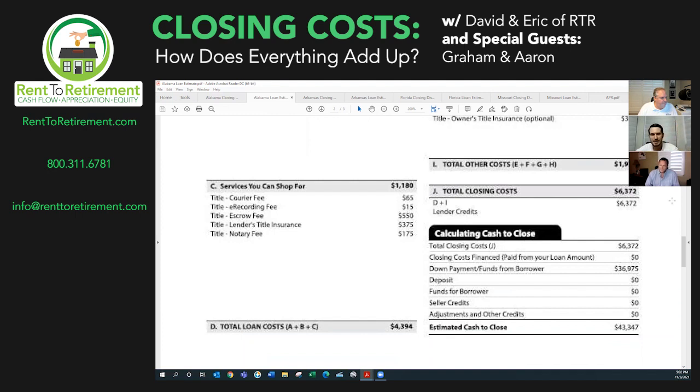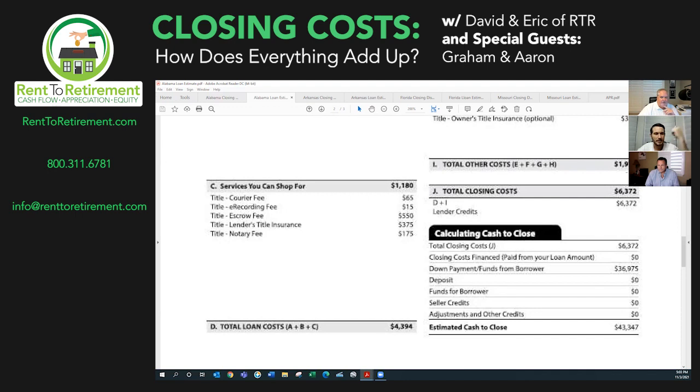Right here, in the first line, it gives us our total closing costs. It gives us the down payment that the borrower is putting down. If there were any additional credits, earnest money, things like that, we would see it here. It just hasn't been verified at this point in time, so that's why we just see zeros. It's demonstrating a worst-case scenario to the borrower, pretty much the highest potential cash to close that we're estimating as loan officers on the front end. So that really, in entirety, is the breakdown of the loan estimate.